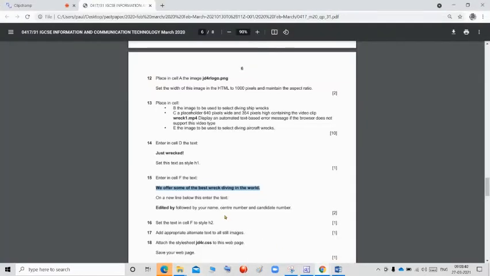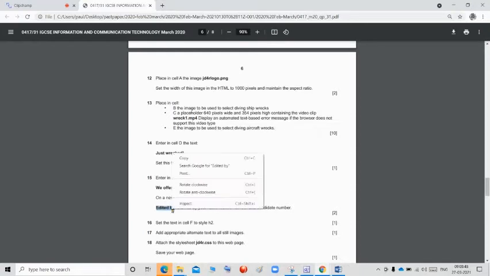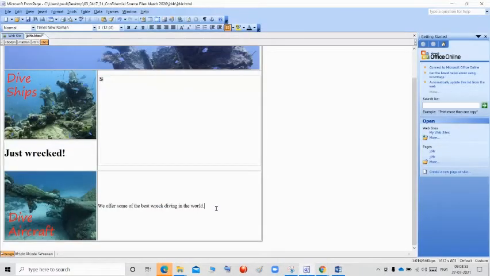After that, they are asking, on a new line, enter this: "Last edited by" and write your name, center number, and candidate number. On the new line below this, press enter and type it.